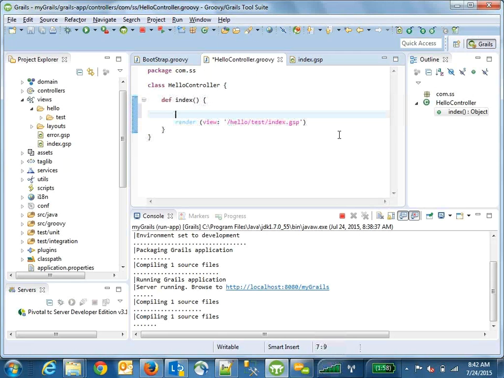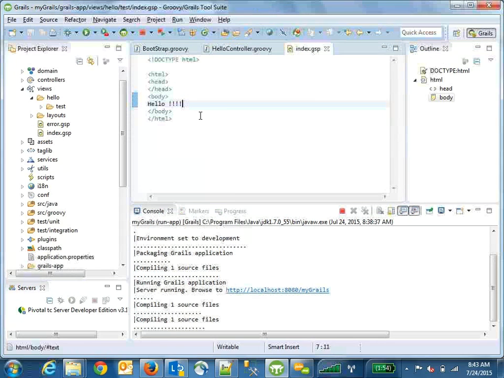And as to what to display there, I could give my model here, which would be the list. And here on my index, I could say